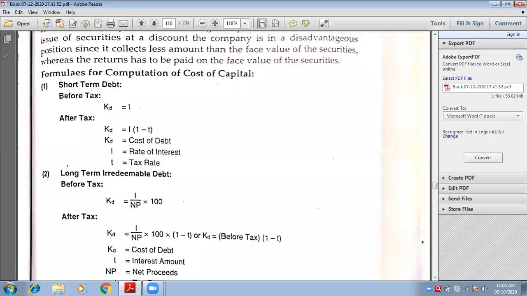See, everywhere they will not ask you these formulas. It is compulsory just because they can ask, from the point of view of the questions that we are going to do. Individually, they will not ask each and every formula that is given here. Just have a look at it.